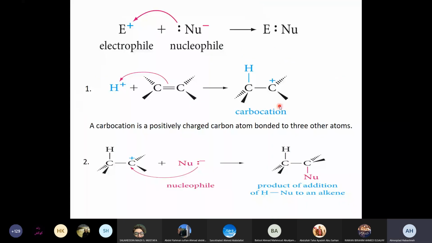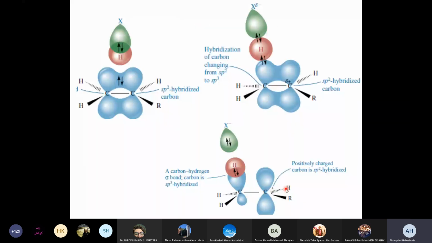occurs by the attack of whom? Attack the double bond and the proton, in order to form a bond between one of the carbons and the proton, and the other carbon became positive, which we call carbocation intermediate. To understand the carbocation intermediate, the carbon in the carbocation intermediate is connected to group 1, group 2, group 3. So the hybridization of the carbocation is